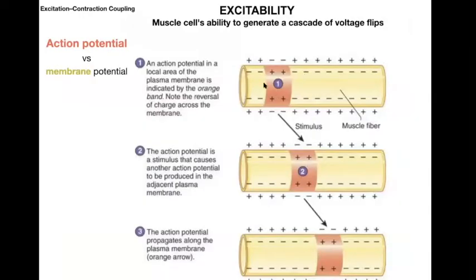Right. So here's the other cartoon version, right? You had the membrane potential, that was just this part in yellow right here, but the action potential is this moving, right? This cascade of voltage flips that go down the entire length, right? And for muscle fiber, it'll just be going out throughout the entire length in both directions. This sort of voltage change, right? Until it reaches whatever it reaches. That's one way to generate a cascade of voltage flips, is one way to think about it.